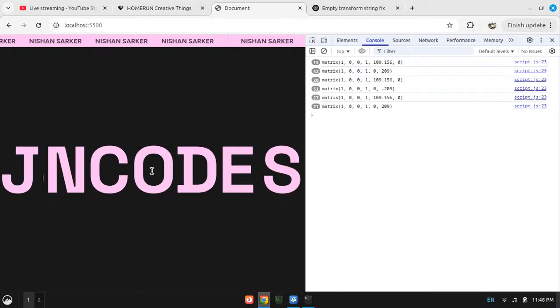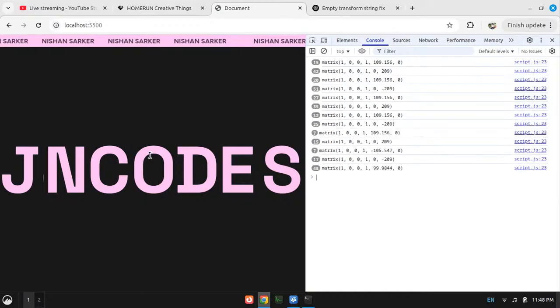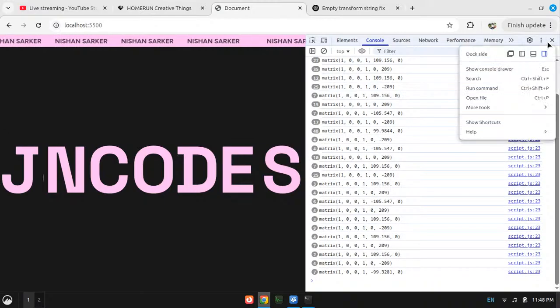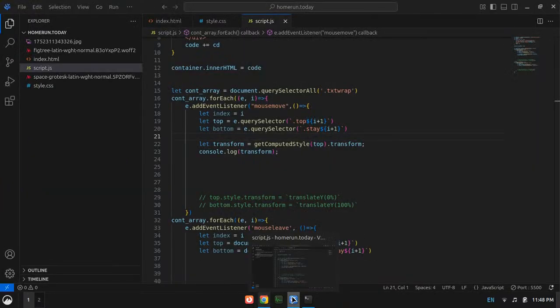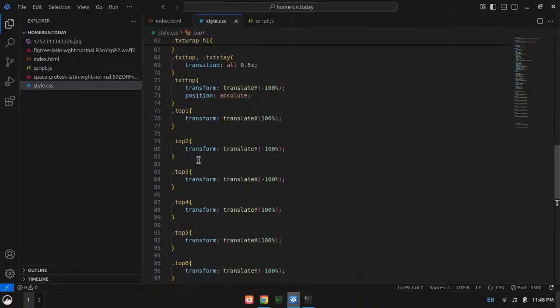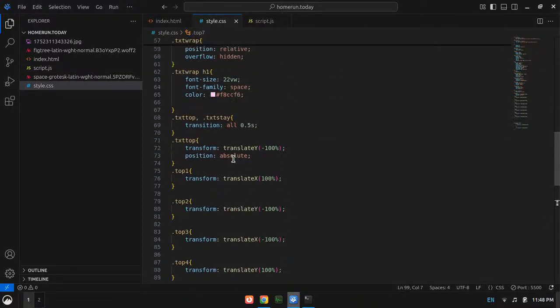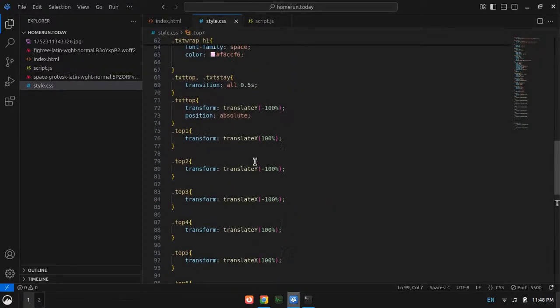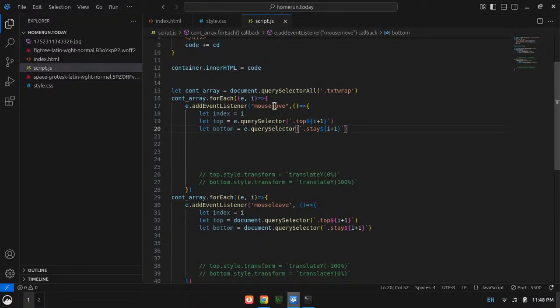It outputs a matrix which is not readable by me, so I need to set the values of these through JavaScript. Okay, so now what I will do is I will create an array.